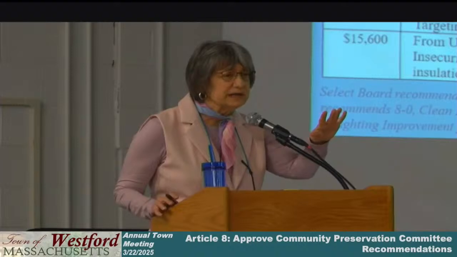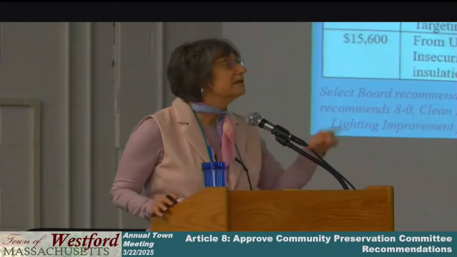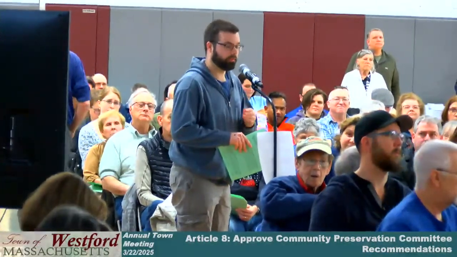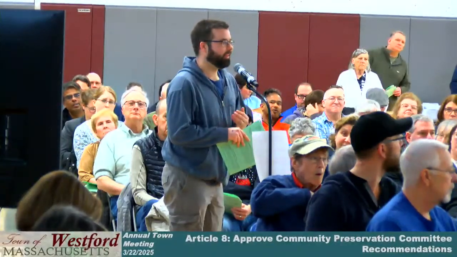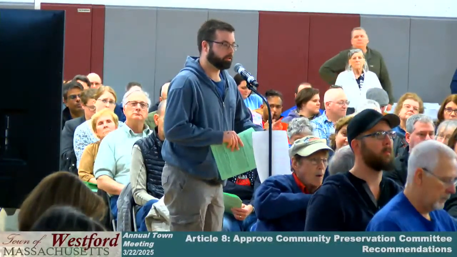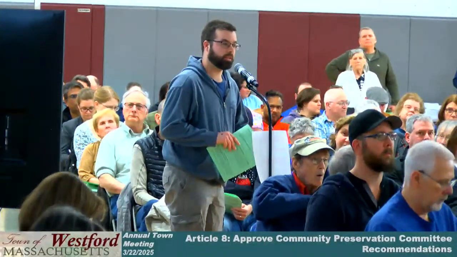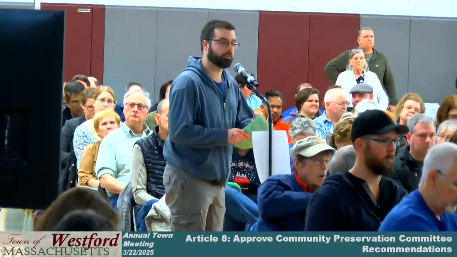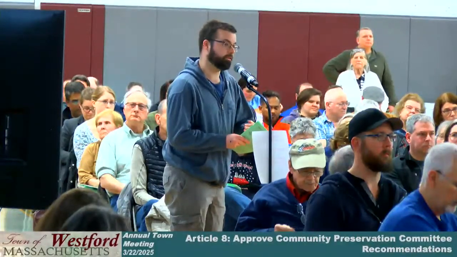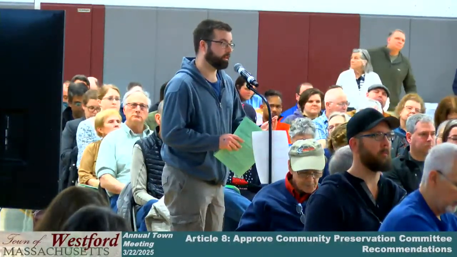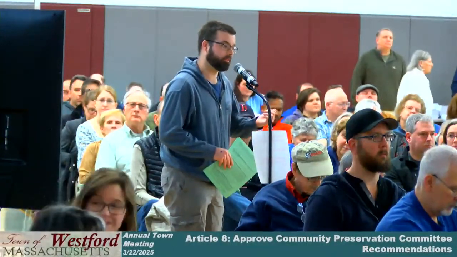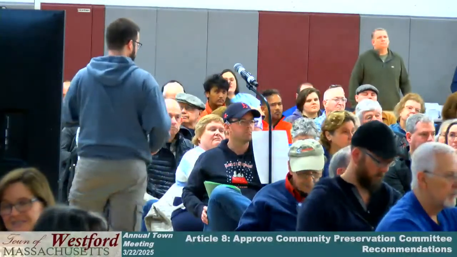We sort of took the questions together, but if anyone has a specific question on this, yes, sir. So, Ryan Rawls, 62 Providence Road. I'm just thinking for the future. So we just voted against the Nutting Field for artificial, and one of the options that people were interested in is CPA money. This is from the undesignated fund balance. Can anyone speak to what that currently is, that we're transferring money to a different fund, and what the potential generative money will be going into next year? Because as we heard, the potential budget is over 2 million to put from the CPA if we want to do Nutting Field as natural. We'll have the finance director answer that.